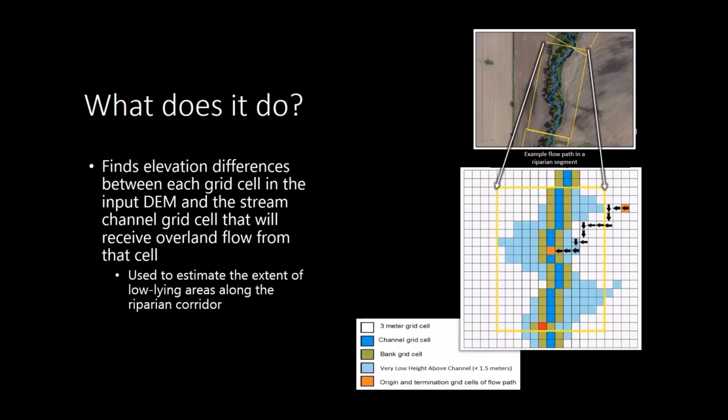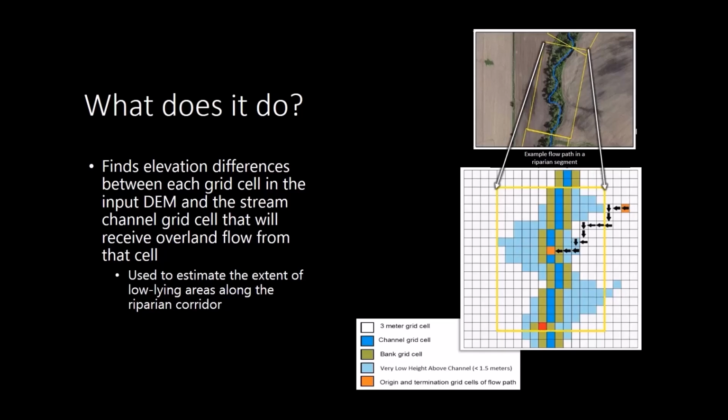This tool is going to calculate the elevation difference between a grid cell in a DEM and the stream channel cell that will receive the flow from that cell. In other words, from a cell within a DEM, it's going to follow the flow path all the way to the stream, and the stream channel cell that it ends up in is the one that will be used to calculate the elevation difference. This is going to be used to estimate the extent of a low-lying area along the